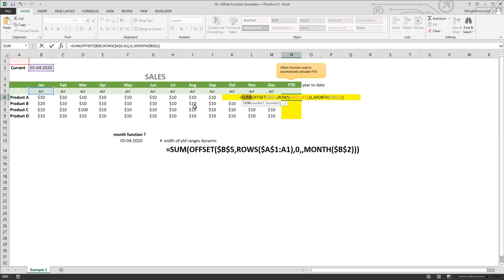So that's why we have used the sum function, right? Then the offset, because we know that our YTD demand will change and every month I don't need to make sure to revise the sum function. I need to make a range width which automatically will be dynamic and can be controlled,